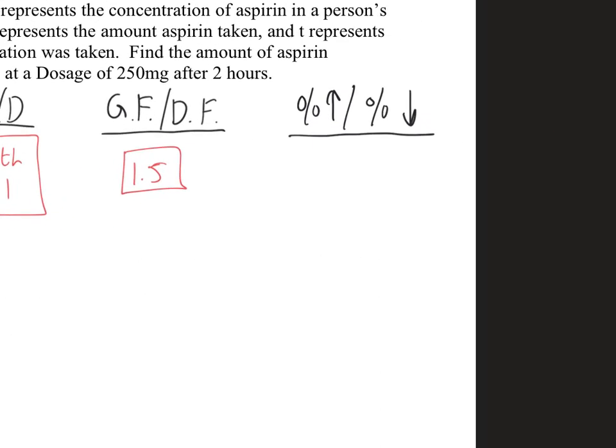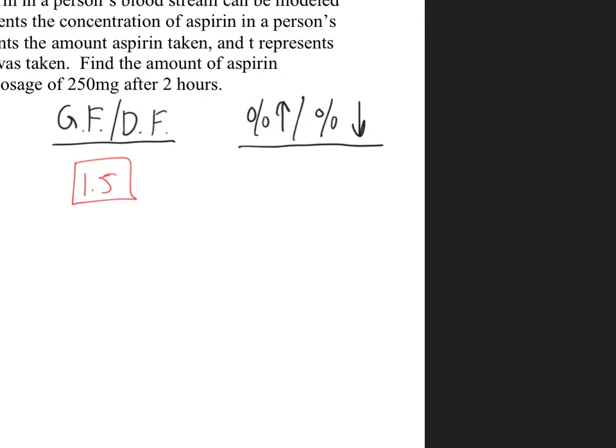All right, now we need to find the percent of increase. So we're going to take, remember, this is how far the growth factor or decay factor is from 1. So we're going to take the growth factor in this case, which is 1.5. Which number is bigger, 1.5 or 1? 1.5 is bigger, so I'm going to literally take the bigger number minus the smaller number. 1.5 minus 1 equals what? 0.5, right? Now let's convert that to a percent. Move the decimal 2 to the right. It's going to be a 50%